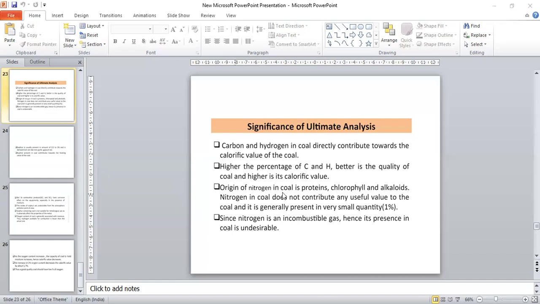Okay, origin of nitrogen in coal is proteins, chlorophyll, and alkaloids. Nitrogen in coal does not contribute any useful value to the coal, and it is generally present in very small quantity, that is up to only 1%. Since nitrogen is an incombustible gas, its presence in coal is undesirable. Okay, and next one is